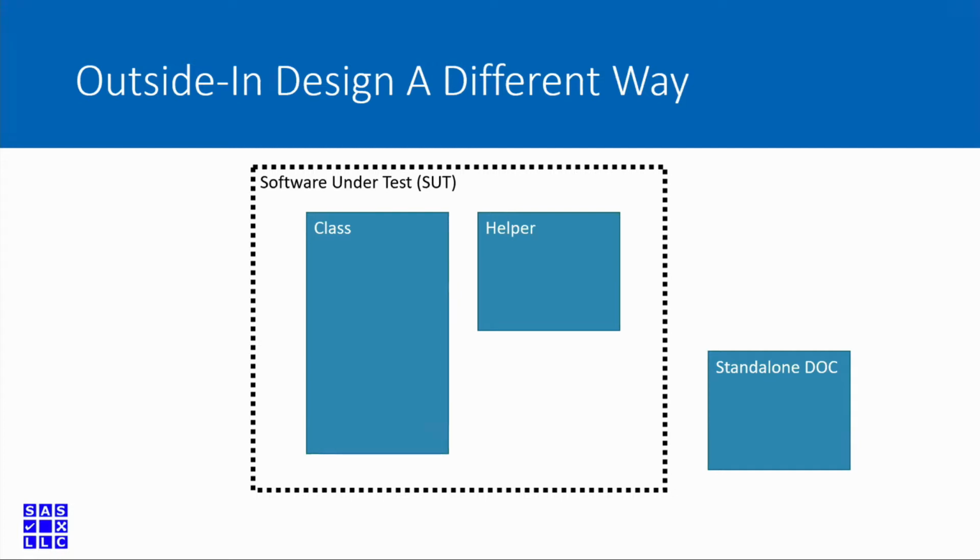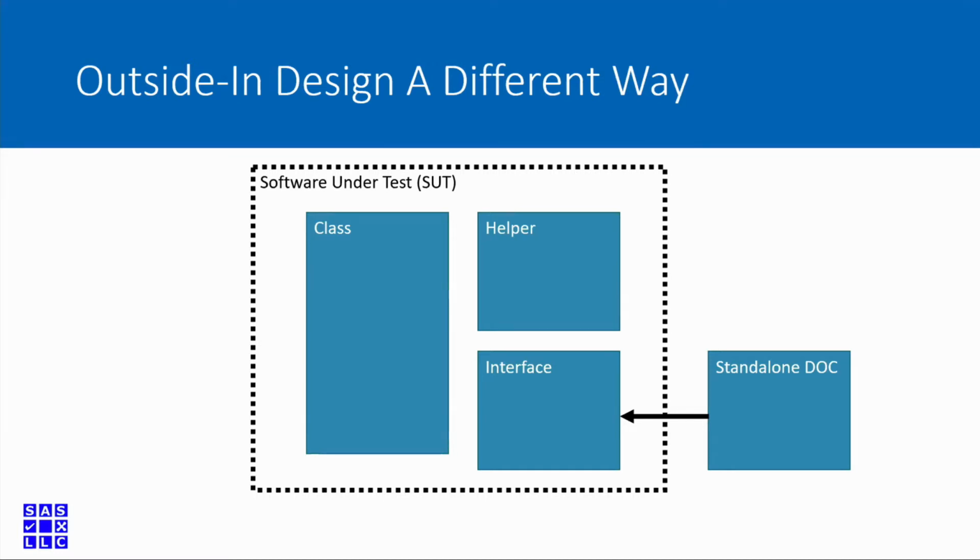So you decide that, hey, I'm going to have this database here, but I'm probably going to want to store other stuff in the database. So it's kind of a standalone dependency. It's kind of out there on its own. But then you think, okay, well, how do I write tests for that? And so you decide that you're going to include an interface as part of the software that you're testing, right? So you've got your class that provides the main API, maybe your facade, right? You've got a helper class or library, and now you've got this interface, right?